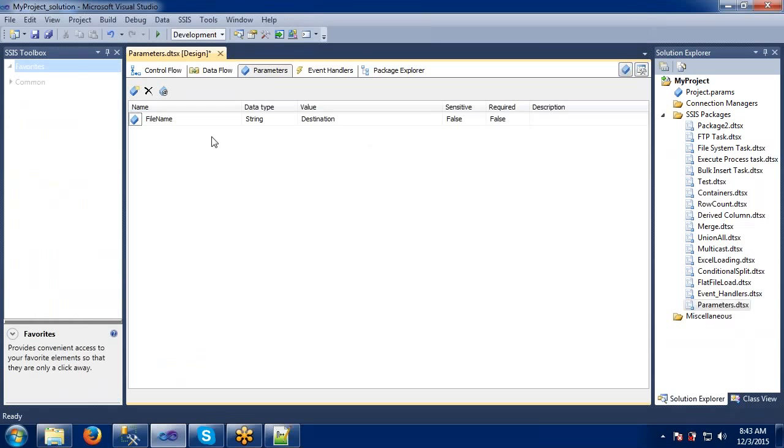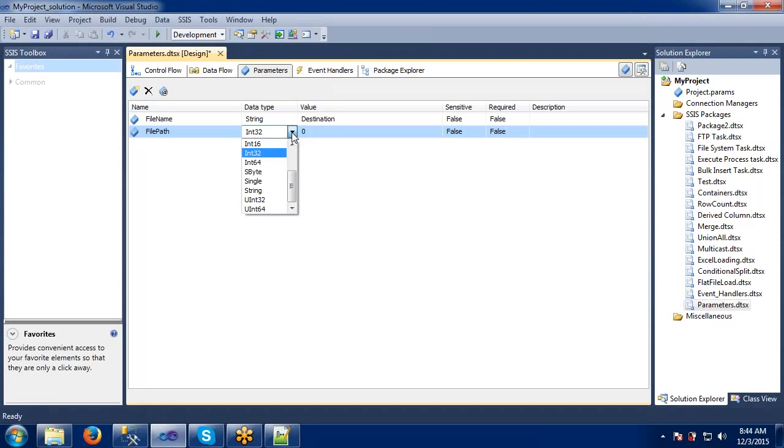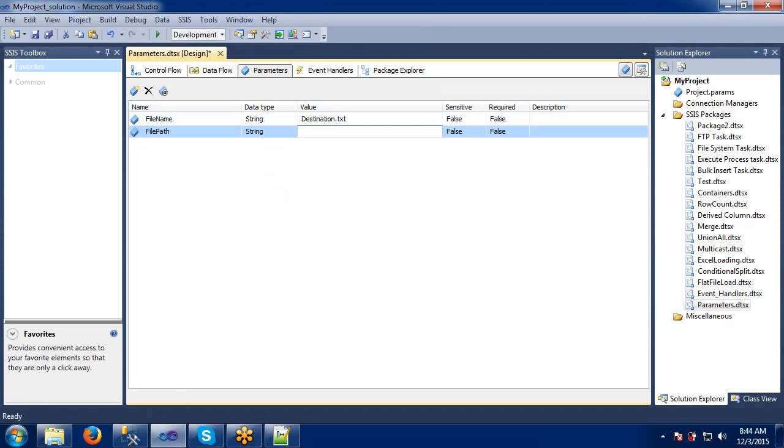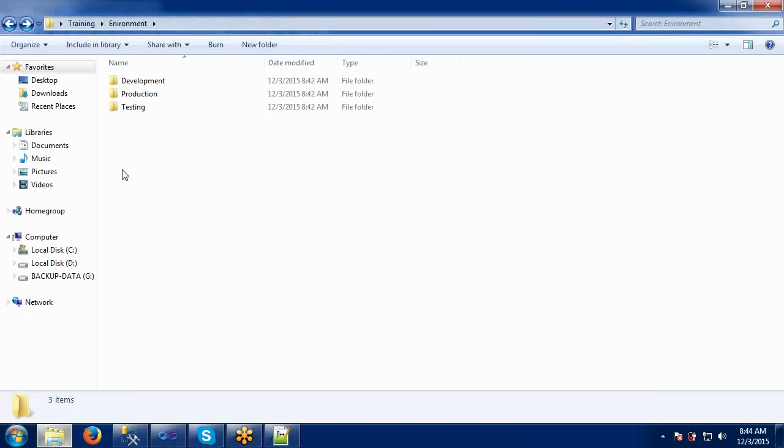Now we have given some flat file here, okay, and I want to add one more variable, a file path string. My file name should be destination.txt, and what is my path here?